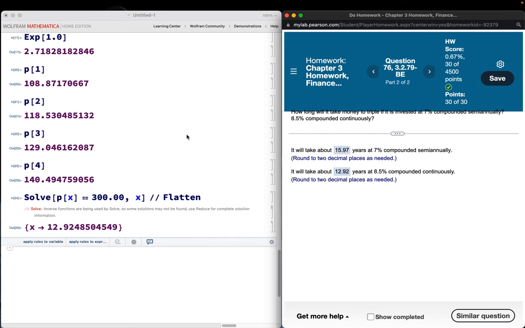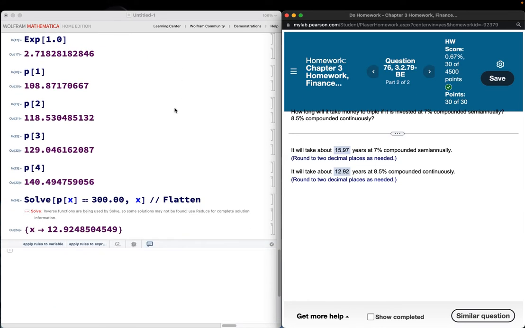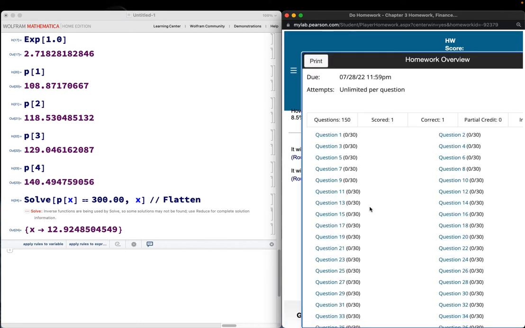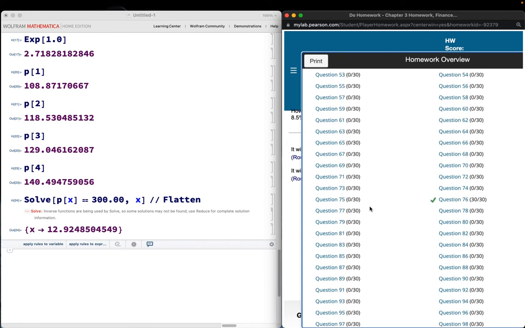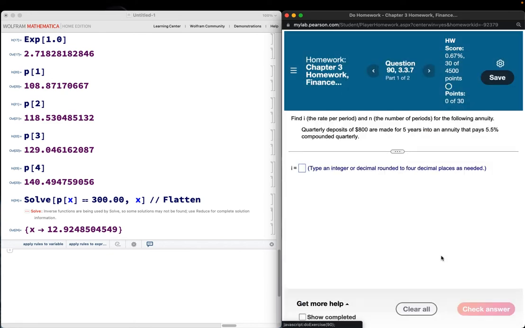Okay. Let's go on to a problem that's maybe a little more challenging, because this one it's not that bad. I thought it was a little easy. So let's go on to a problem that's a little more difficult. We can do this one. Well, yeah, we could do this one. This one, you have to find the rate, and it's going to be a little bit tricky.